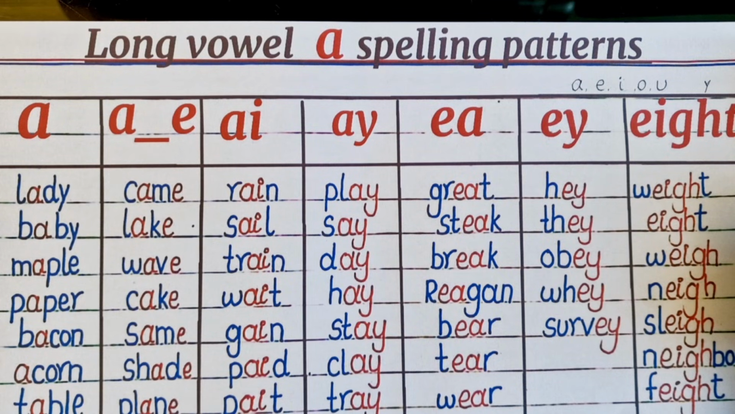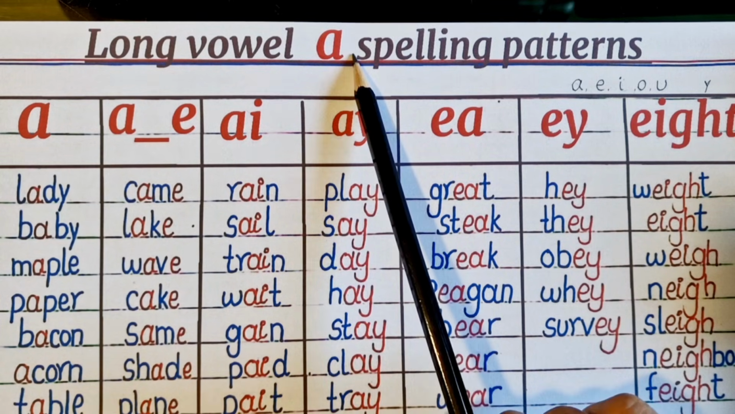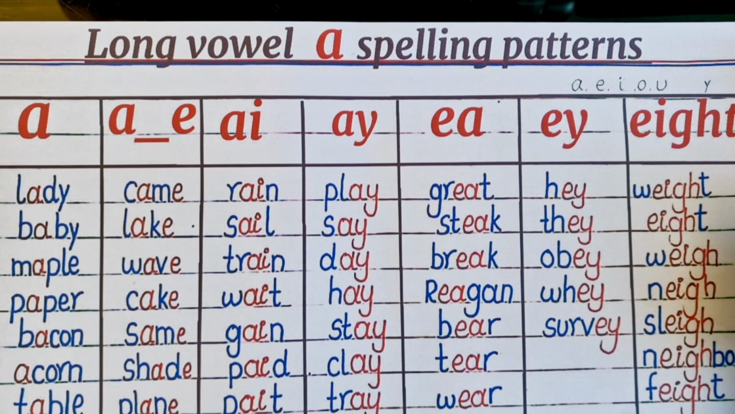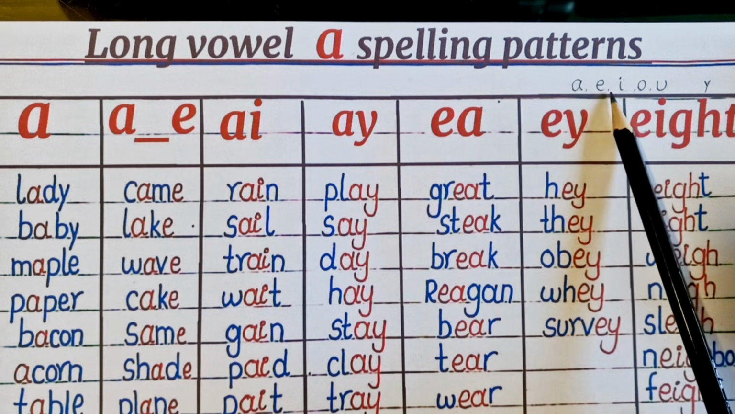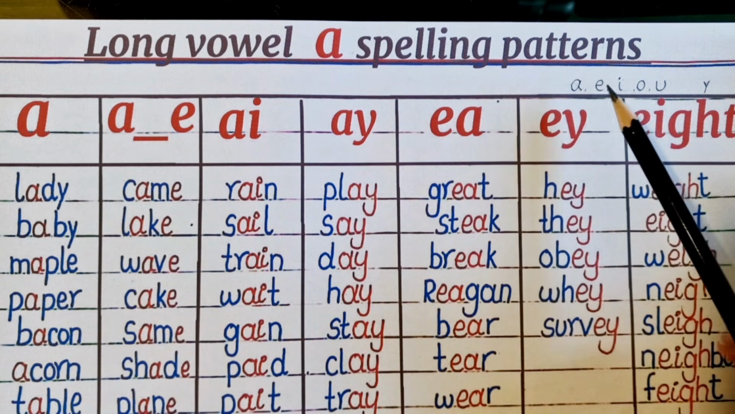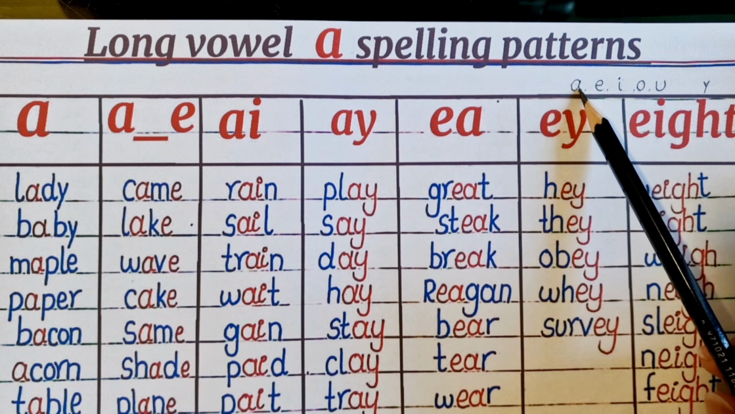In today's video we will learn long vowel A with different spelling patterns. As we know, vowels are A, E, I, O, U, and sometimes Y is also a vowel. And each of these vowels has two sounds, the short sound and the long sound. The short sound is the actual sound of the letter, just like A,